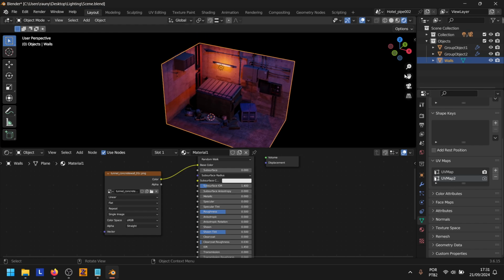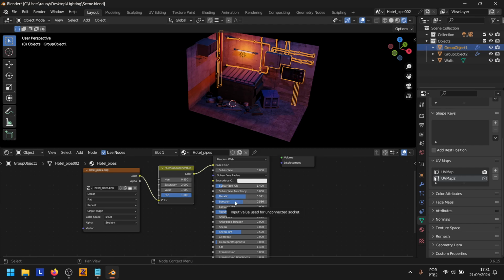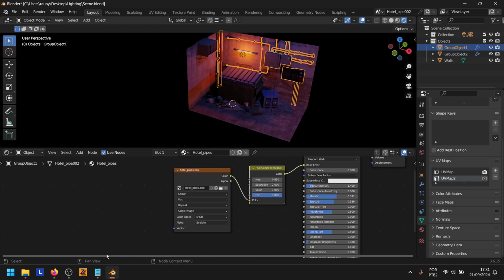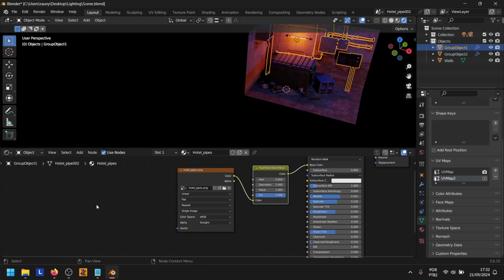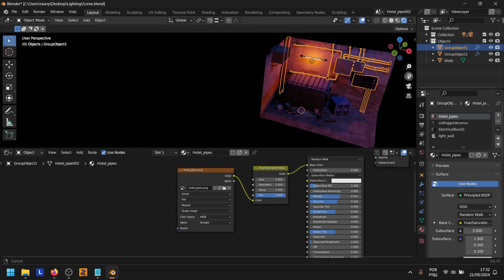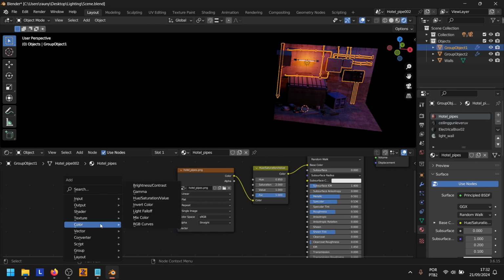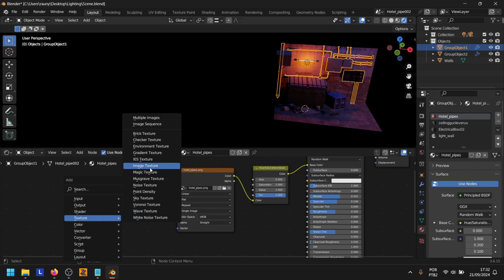We can now bake our textures to each of those objects. For that, I will be selecting one of the materials of group object number 1, creating an image texture